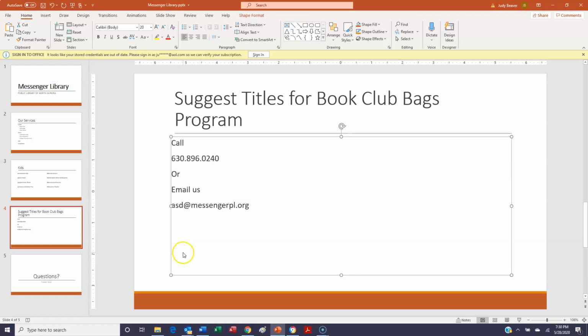All right? And then we're going to center the entire text, so I can just click on the Home tab, click the center in the paragraphs,